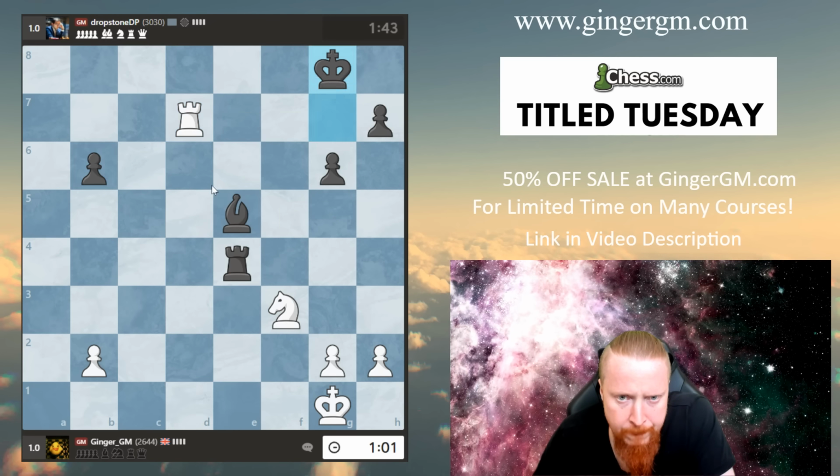And instead of that, he went queen h4, which is a double blunder. But now we're just looking at the most natural moves. We attack the queen and he's completely lost. So it's actually a very...